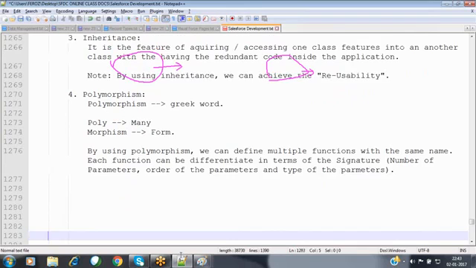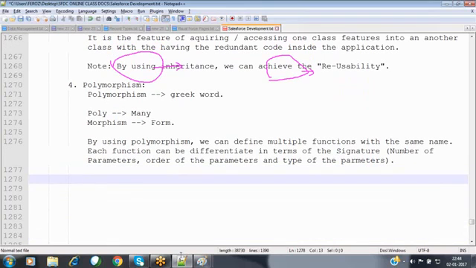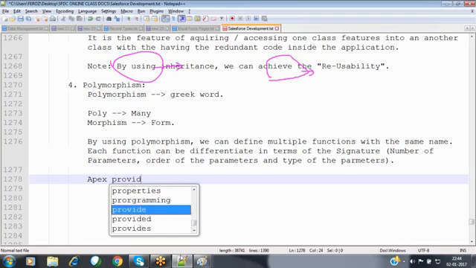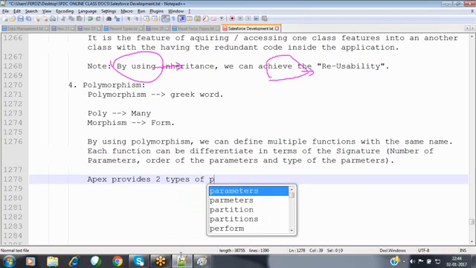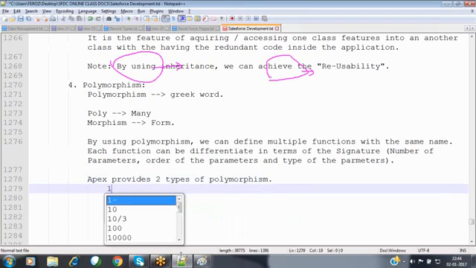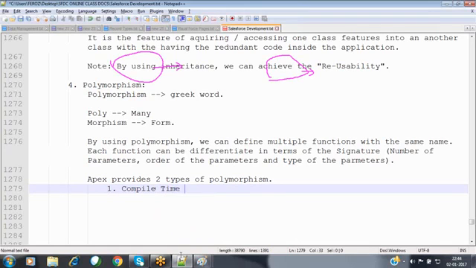Polymorphism can be achieved by using two concepts. Basically, in our Apex programming, Apex provides two types of polymorphism. First one is compile time polymorphism.